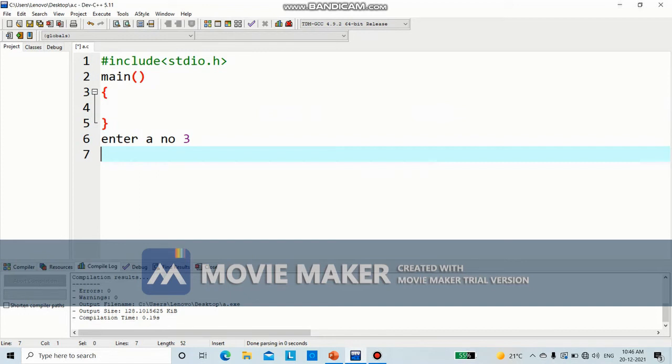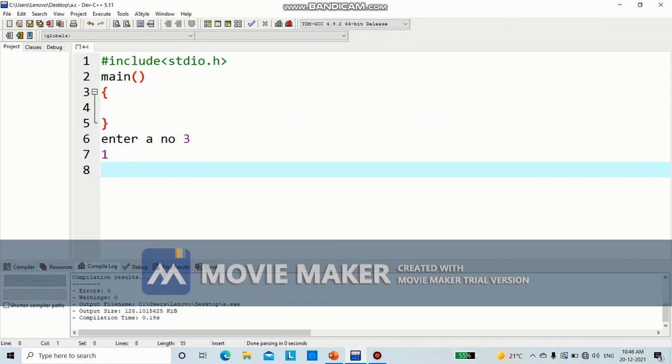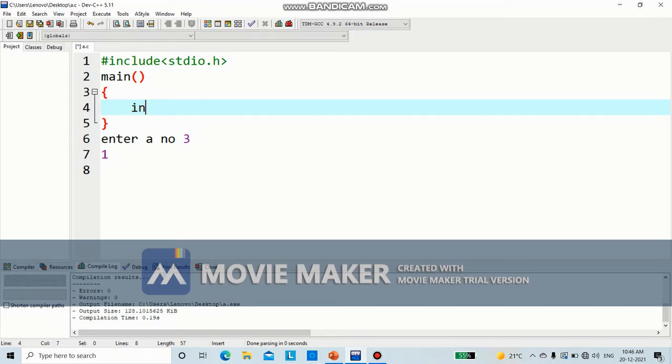Apart from that, we also know that 1 is neither prime nor composite, and the second condition is that it should not be divisible by any number other than itself. So we have to check these two conditions. For this, how many variables will we need? One variable for the number and another variable for the loop. If we need any more variables, we will include them here. So let's start.